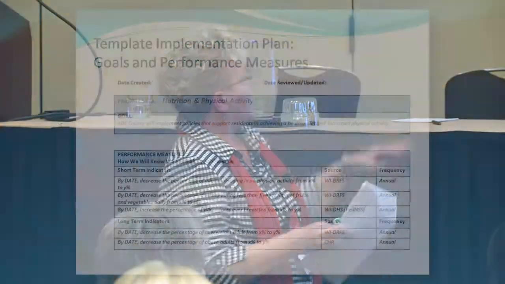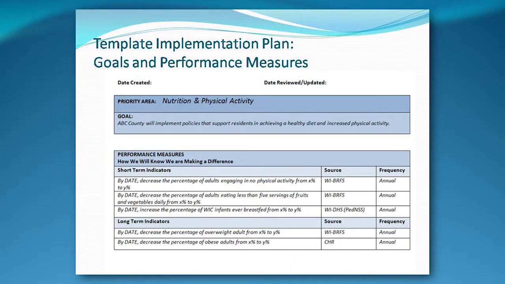As was mentioned at the beginning, you do have a copy of the entire plan. I'm going to show you bits of it just to demonstrate the points that I was making here. So we start with a priority area, and I chose nutrition and physical activity because probably like many of you, a vast majority of our local communities choose that as a high priority to work on. And they may get as far as a goal, like implementing policies that help improve diet and physical activity, but then sort of where do you go from there? How do you drill down? So the next level that we added there is performance measures.